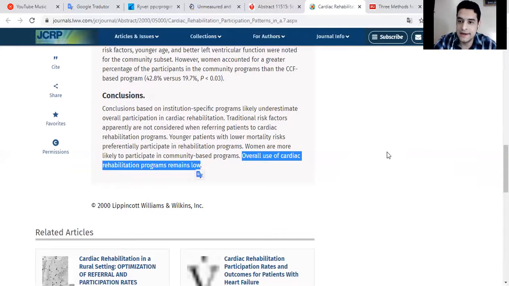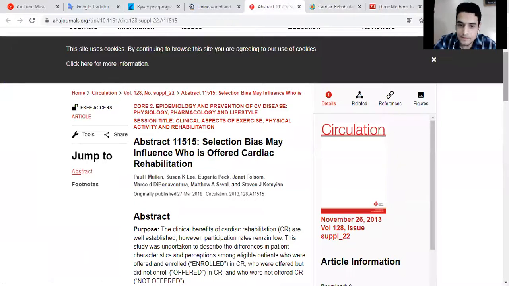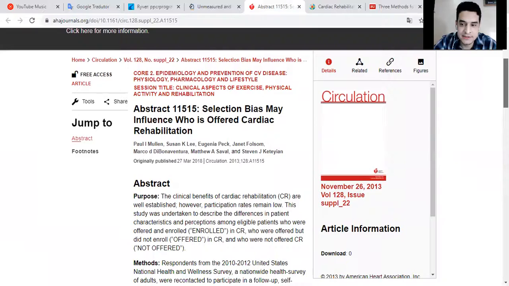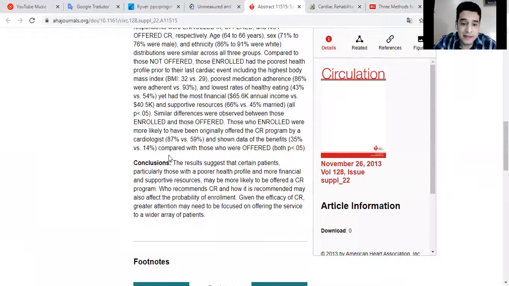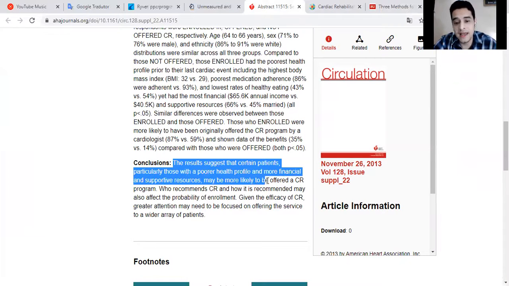I found another abstract, published in Circulation in 2018, and it says that the results suggest that certain patients, particularly those with a poor health profile and more financial and supportive resources, may be more likely to be offered a cardiac rehabilitation program. So it is very important for researchers to understand which factors are associated with the trial they are conducting. The known factors could be established by eligibility criteria, inclusion criteria, exclusion criteria, but